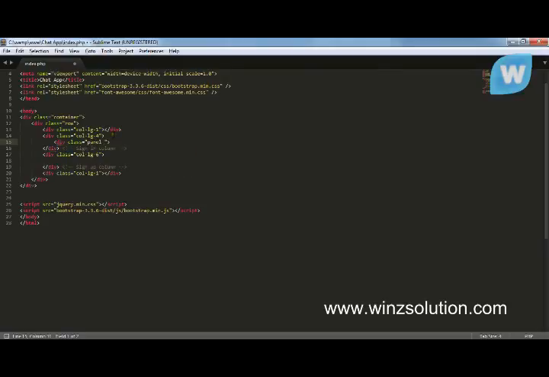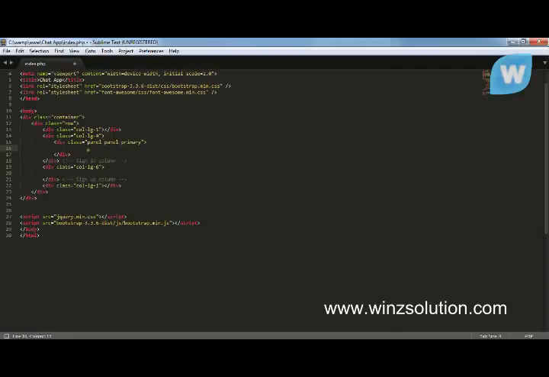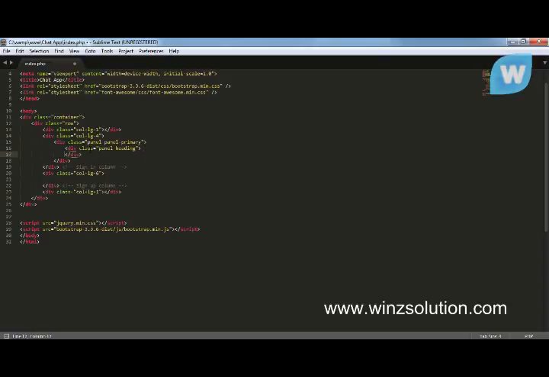panel. Now on this panel is going to have the panel primary. Going to have the class of panel header, panel heading. Now on the panel heading,